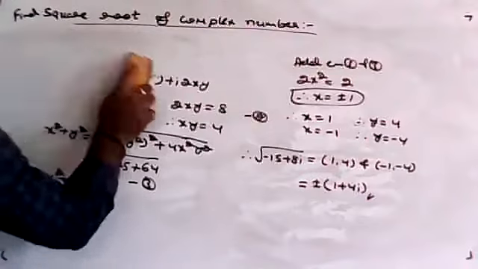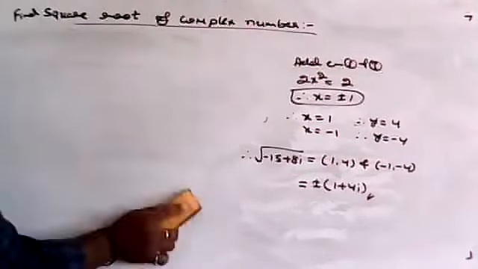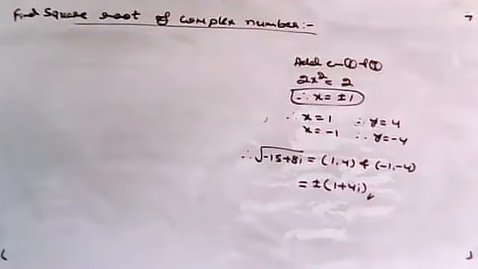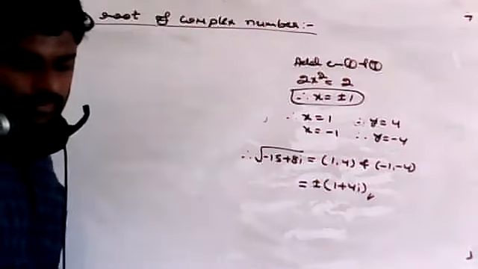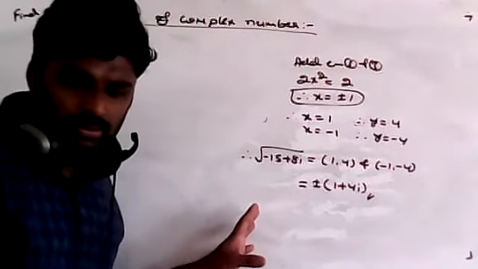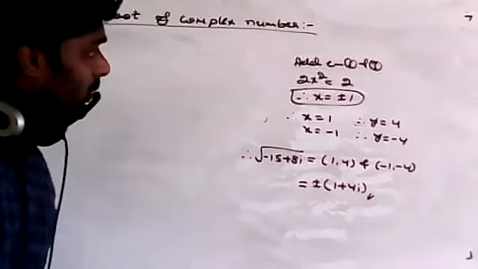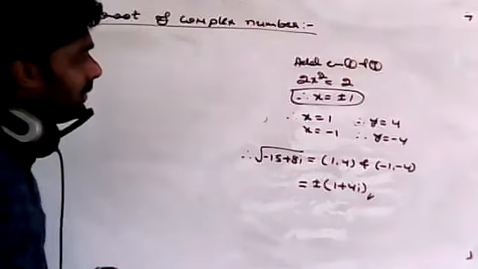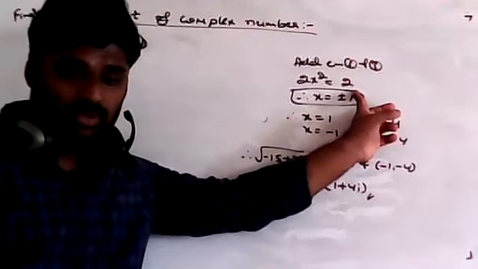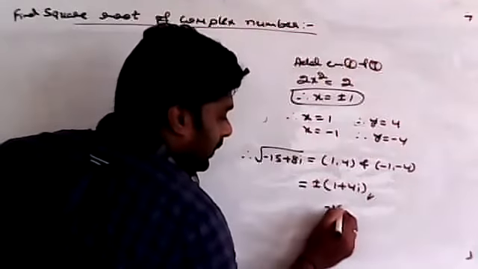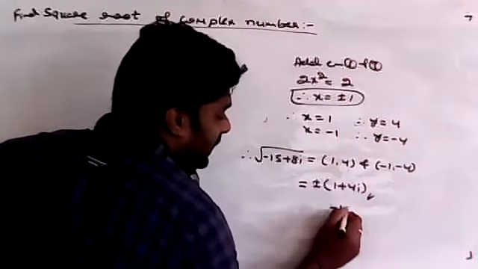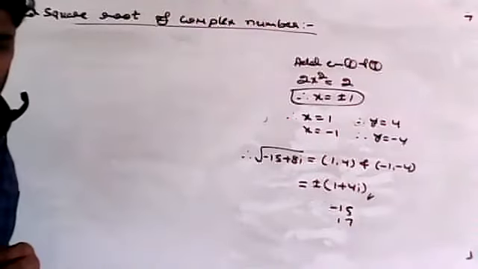Same way, the last problem I will take. So last one. Clear, this one? Shilpa, clear? 2x square equal to what? No, not minus 2, it is plus 2 only. Remember, because minus 15 and 17, no? Okay.